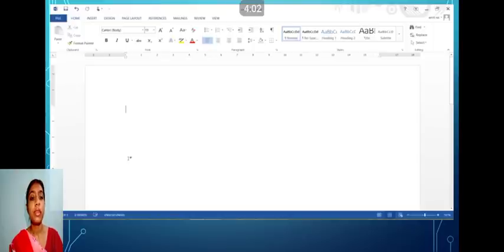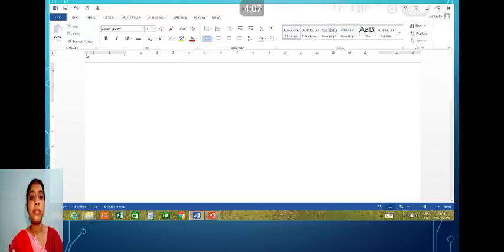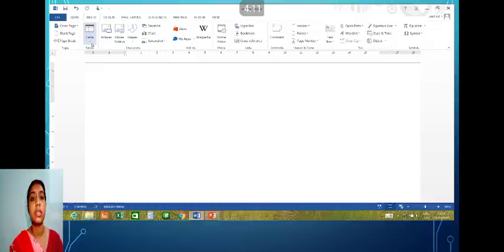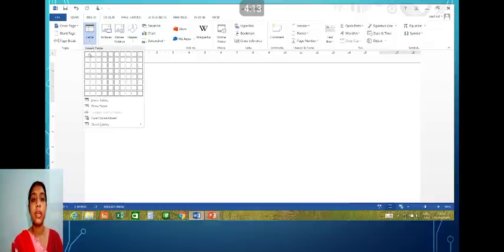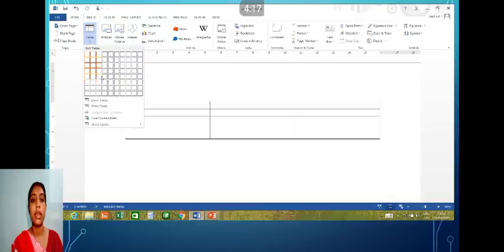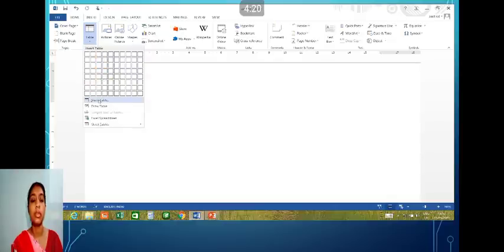So this is the Word document. To insert a table we have to go to Insert, Table. Now these were the options. Either by dragging on the boxes you can insert the table, or by the Insert Table option, or by the Draw Table option.